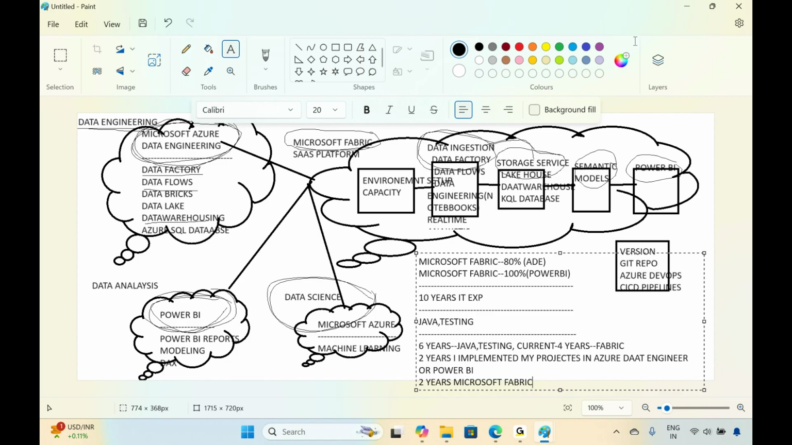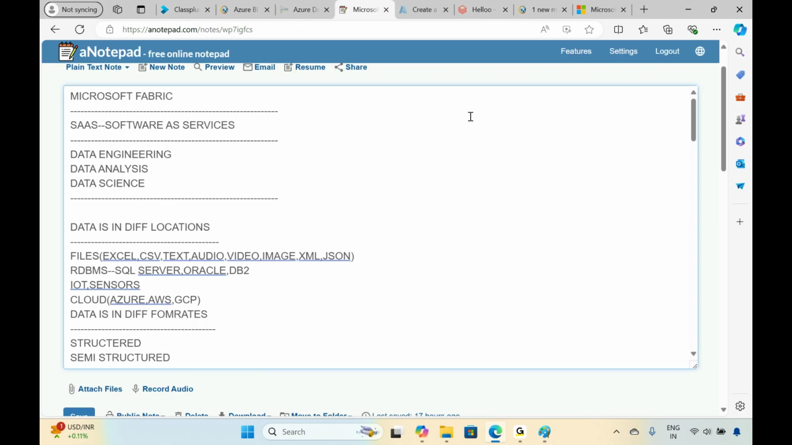Okay, so let me show you that environment. If I want to log into Microsoft Fabric and create the services we are going to use, like Data Factory, Data Engineering, Real-Time Analysis, Lakehouse, Data Warehousing, and KQL database, where do I need to log in? We need to log into